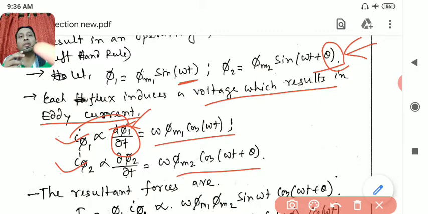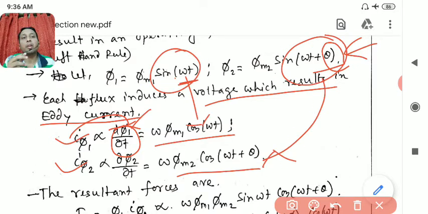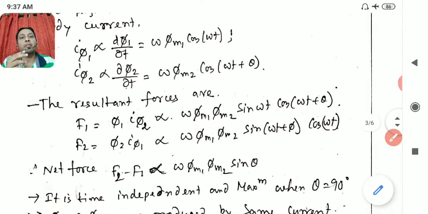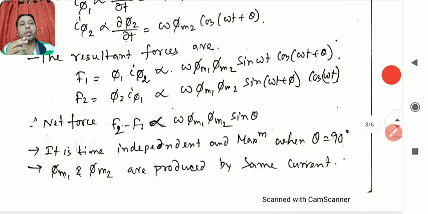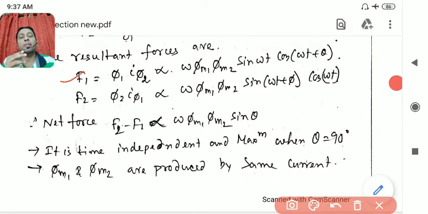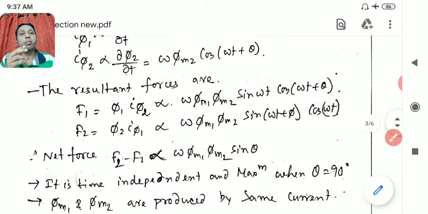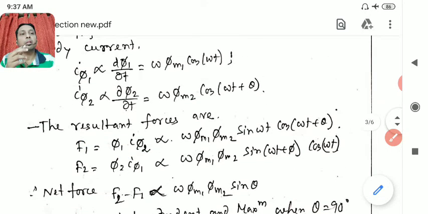So if you take differentiation, the differentiation of sine is cos, and omega comes out by the chain rule. So now what will be the resultant force? If you see the forces F1 and F2, this force depends on phi 1 and I. More phi, more force; more I, more force. So if you multiply phi 1 and I, and phi 2 from the upside, this is your